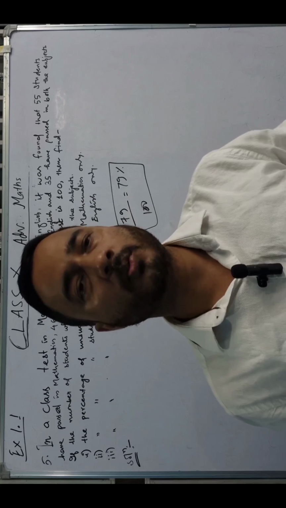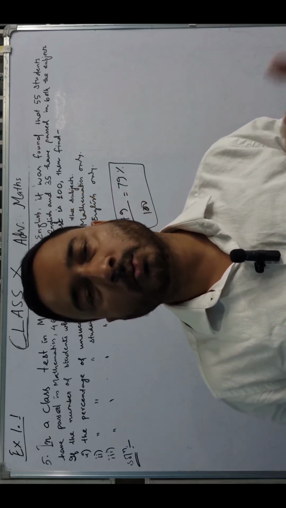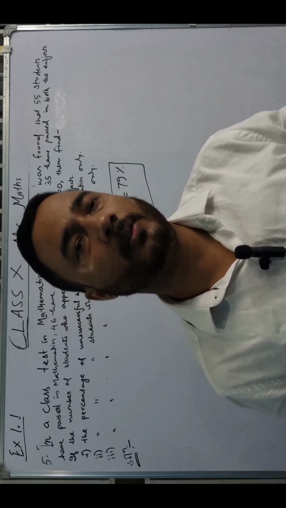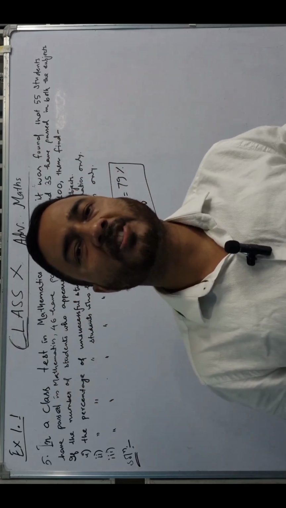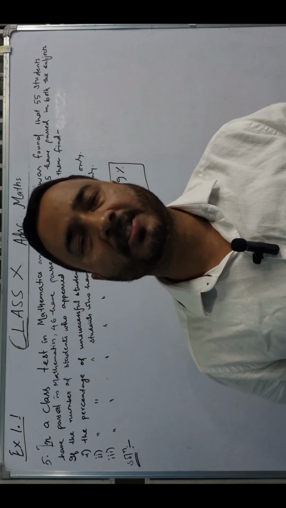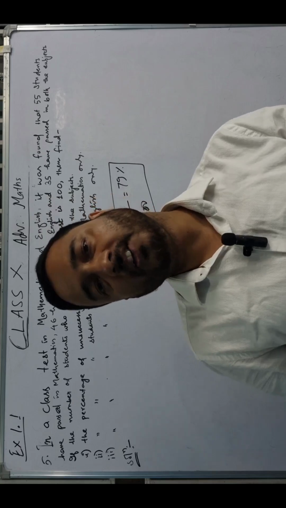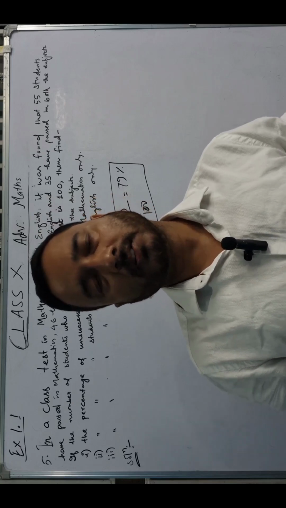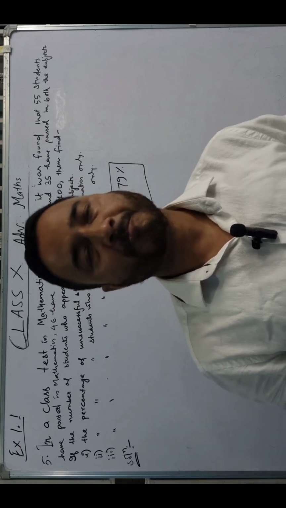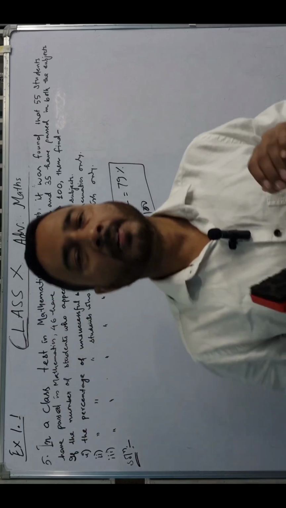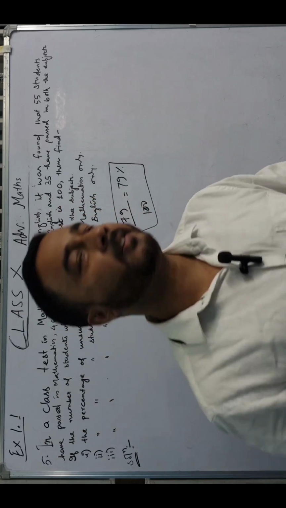There are some students who could not pass the two subjects, mathematics and English. Or I can say there may be some students who could not pass the mathematics subject, or some students who could not pass the English subject only, or some students who could not pass any one of the two subjects, right? So in the question, 100 students appeared. Now out of 100 students,